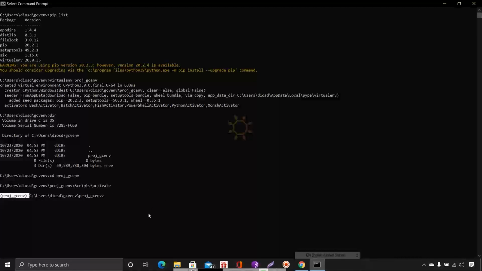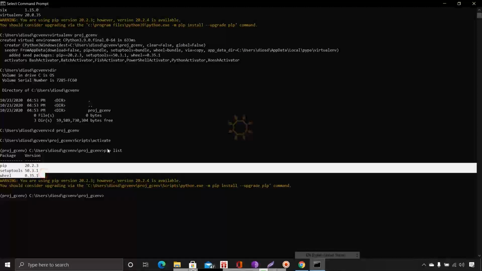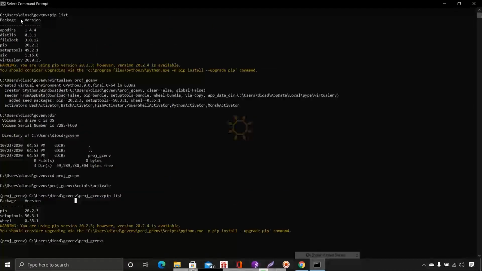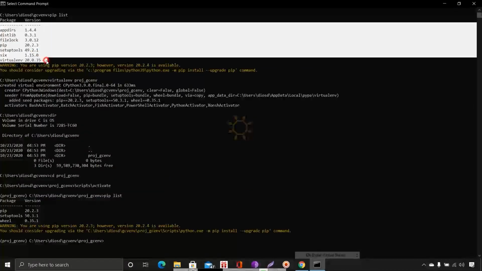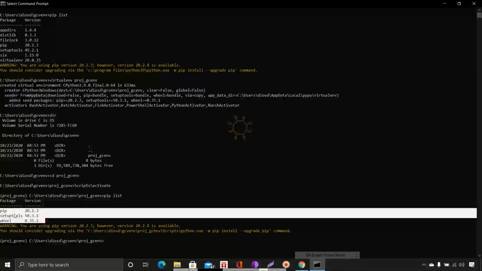Whatever you do here, pip install or pip uninstall, will be shown here. Now you can see pip list. As we said previously, pip list is shown for the same folder, the Google Cloud virtual environment. Only these three packages are shown here, whereas the system-wide list had many packages.